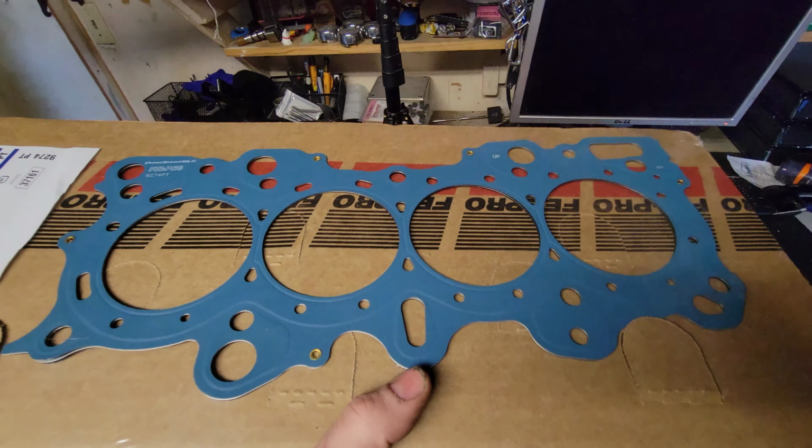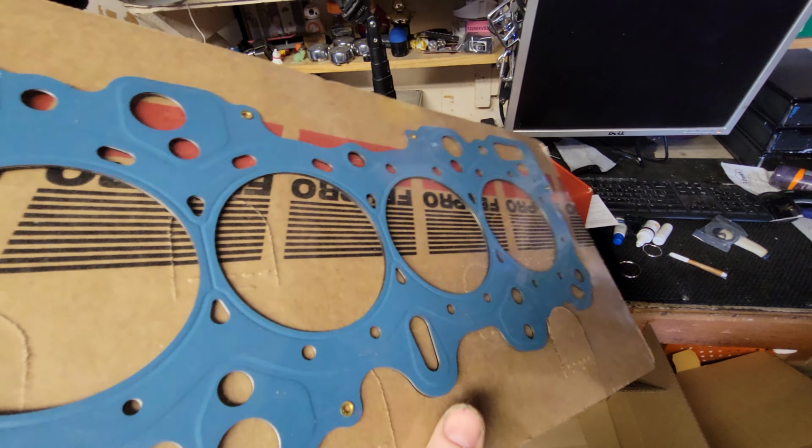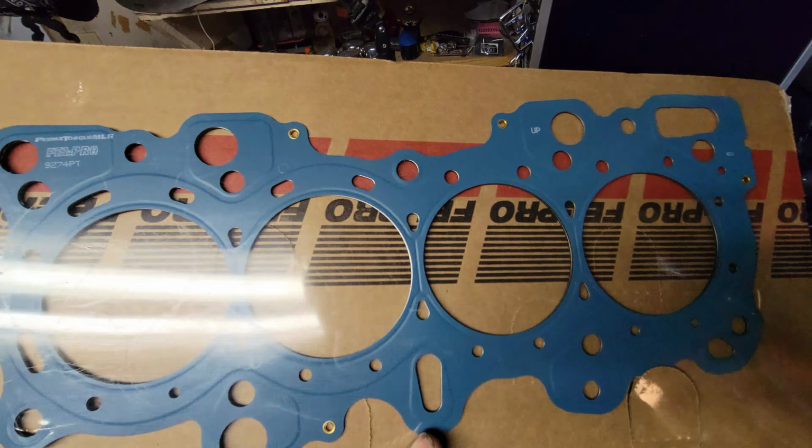I love how these look with the Permatex coating on there. I think. Or no, I'm sorry, it's Permatorque. Alright, yeah, let's get this guy. Let's see what's in here. Let's get this,